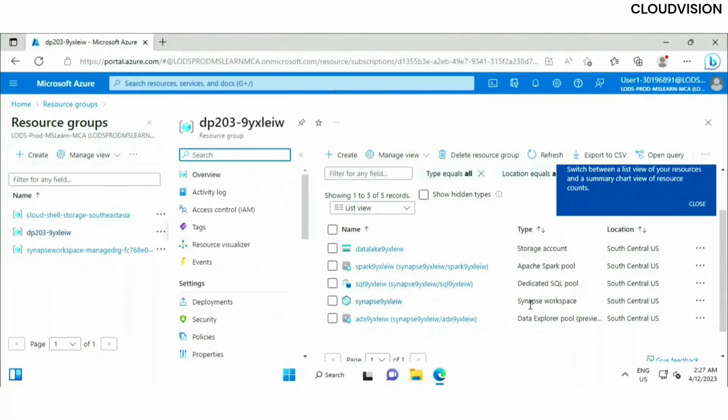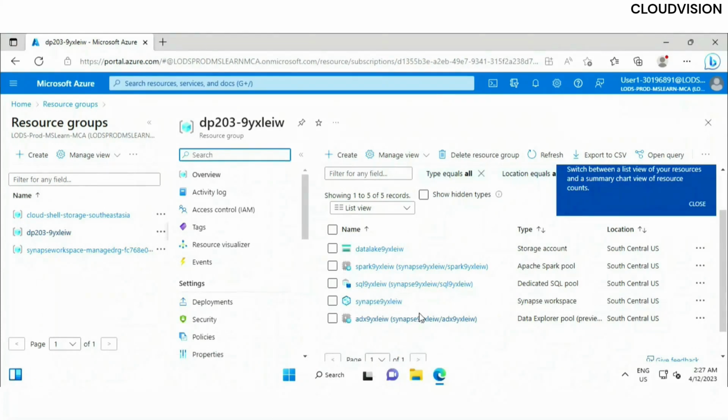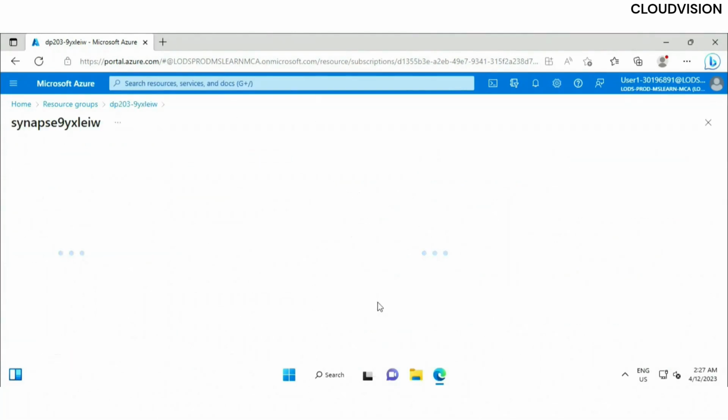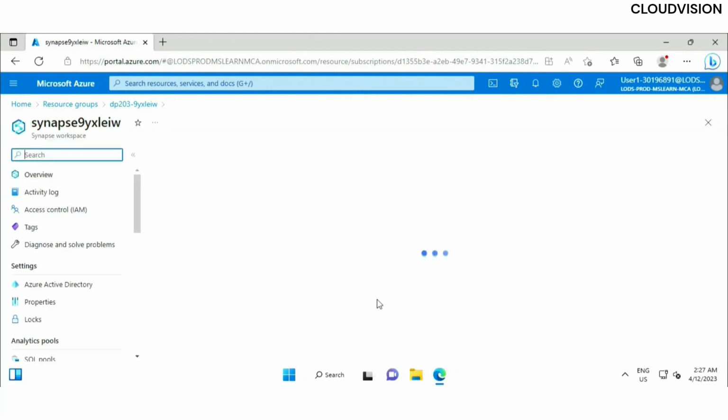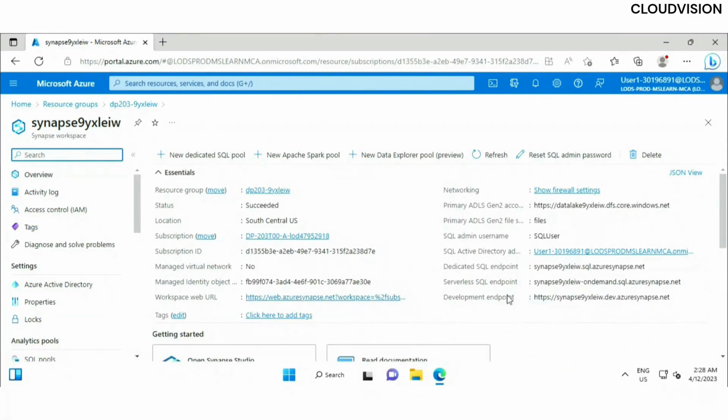And here you need to search for a Synapse workspace. Okay, and here you have one Synapse workspace, and this is your data lake account. That storage account is being created, and you can see a Spark pool, data explorer pool, and a dedicated SQL pool is being there. Now you need to select your Synapse workspace. This is your Synapse workspace. You need to select this. After you select the Synapse workspace,